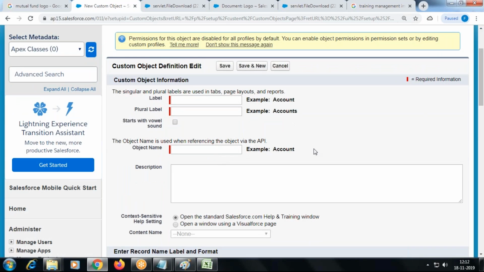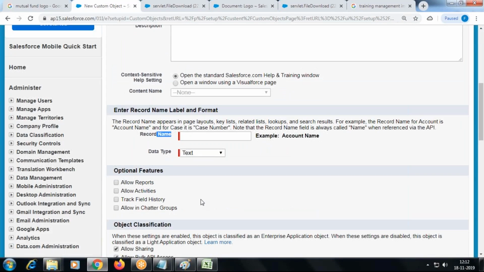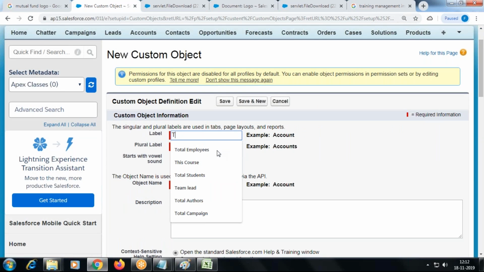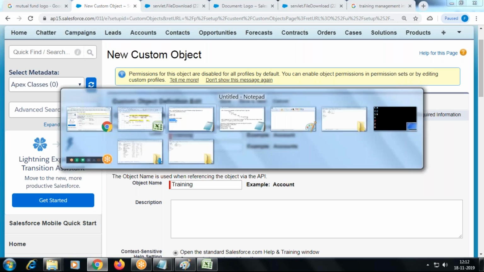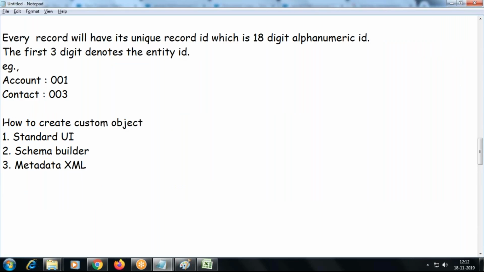What about every value that you are giving here which is not available in schema builder? Default values will be taken in the schema builder. But in order to understand the complete purpose of the fields, we are going with the standard navigation format. But you can also use schema builder; quickly you can create. Okay, right. Label. Say I'm going to create a table called training, and I'm going to use the standard navigation method.